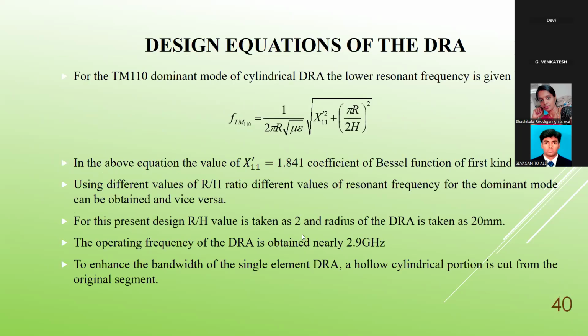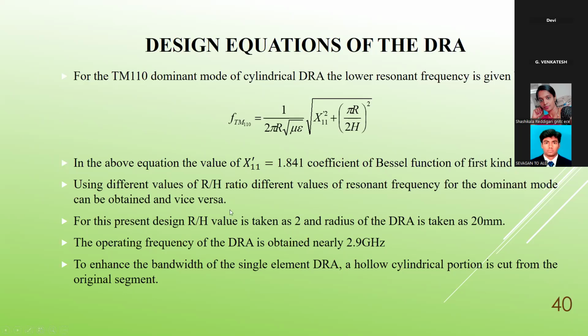So how to design? The dominant mode is considered, and based on the dominant mode, a direct formula is available in the textbook. We can use this formula for resonant frequency, where two parameters R and H are important. R is the radius of the cylindrical DR, and H is the height of the DR. And X1 double dash value can be obtained from the textbook, 1.841, the coefficient of Bessel's function,